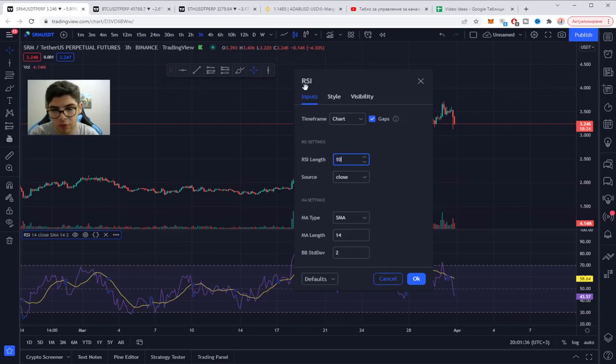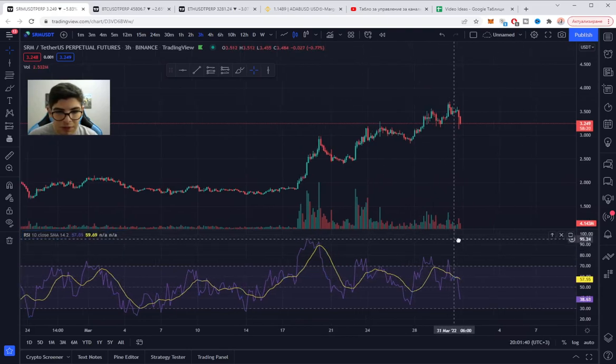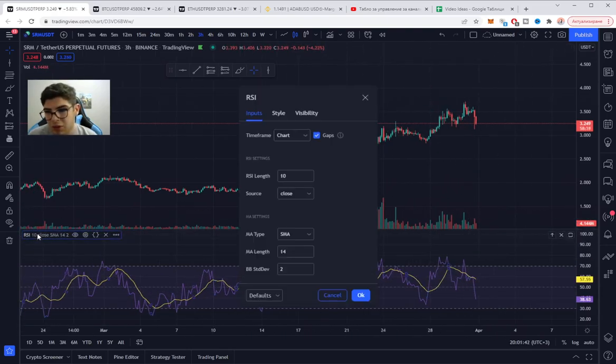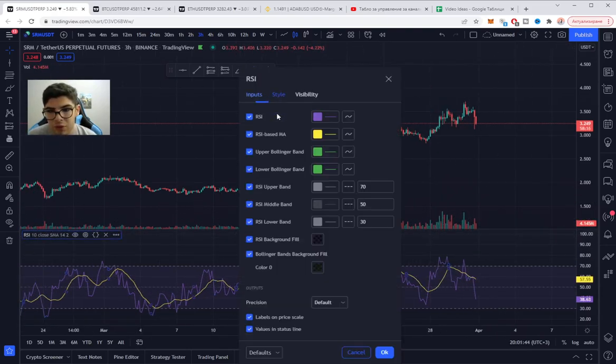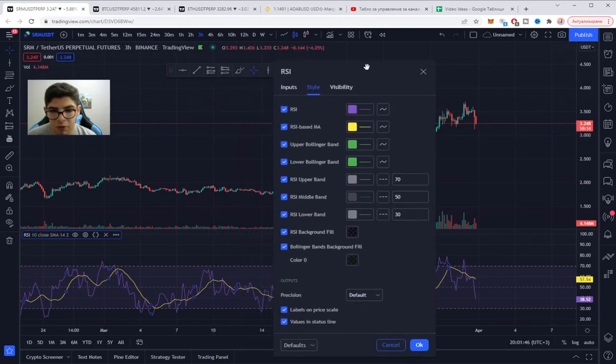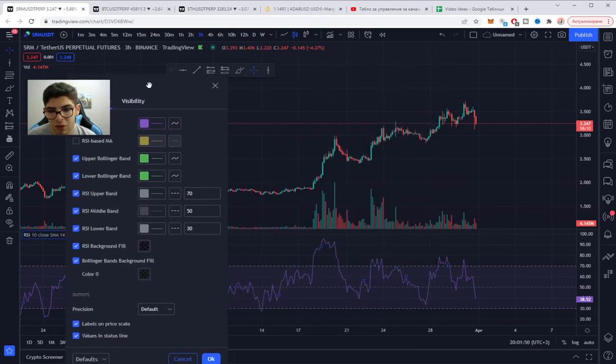For example, if you want to change it to 10 and click OK, you see that the indicator immediately changes, right? If you want to go to style, for example, I don't need the RSI based moving average, just turn